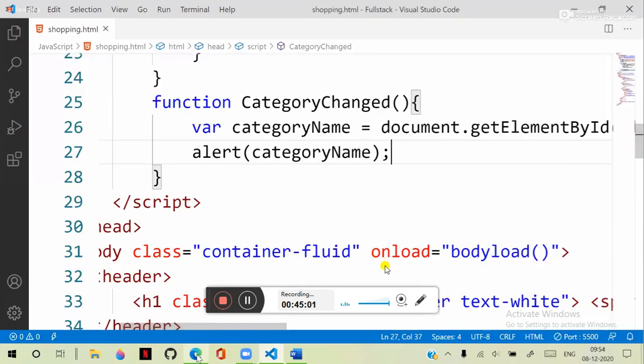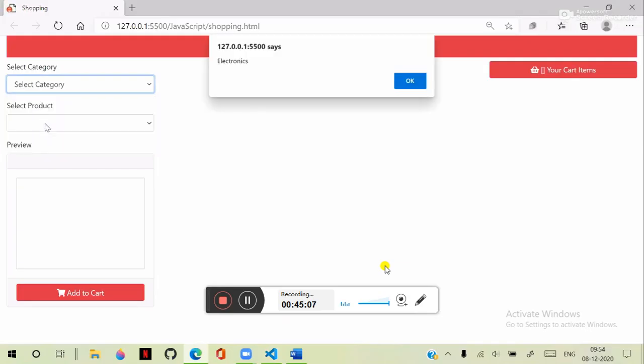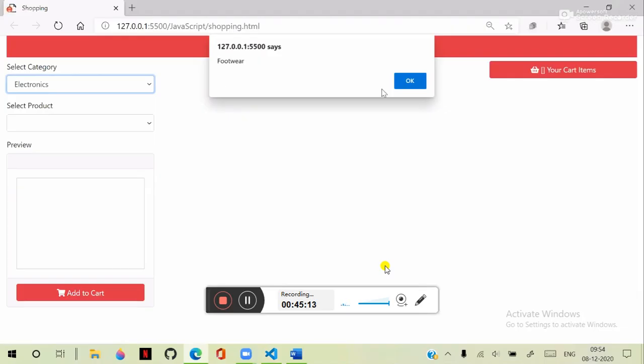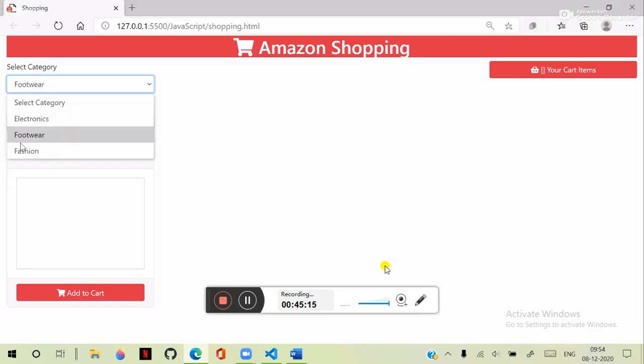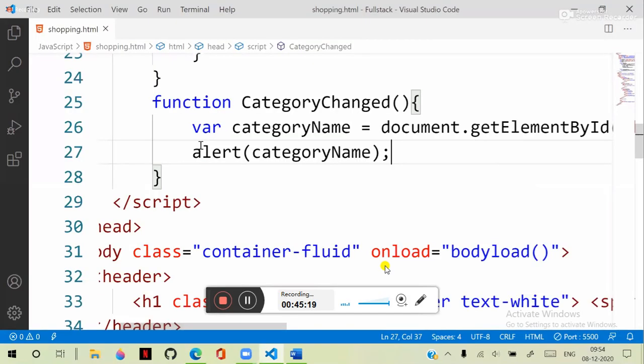So you see now here, I select a category and electronics is there. I select footwear, footwear is there. I select fashion, the fashion is there. That means the values are correctly coming. So category name is coming. Now what comes important is,